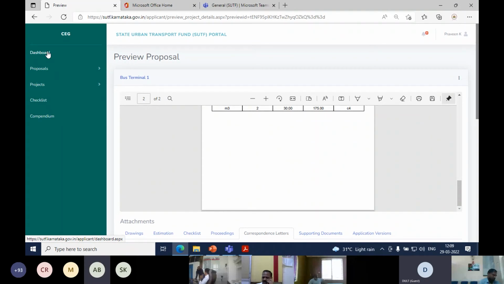During the demo, when uploading the Excel file for the estimation, it was showing an invalid file. Then I uploaded a PDF of the estimation. So should we upload in Excel format or PDF format? I wanted to know that. You are requested to upload in both the formats. At this point of time, there is some error that is coming, so we will fix that.